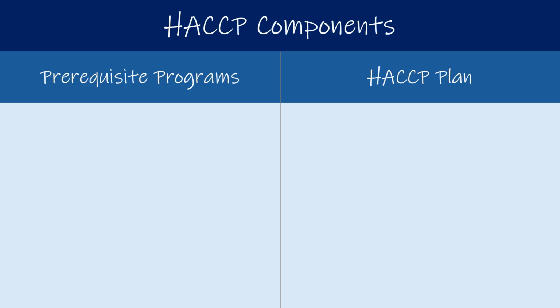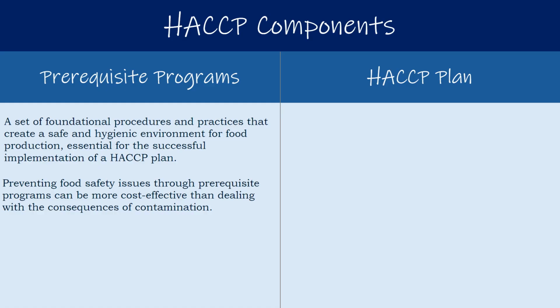A HACCP program essentially has two components: prerequisite programs and a HACCP plan. HACCP prerequisite programs are a set of foundational procedures and practices that create a safe and hygienic environment for food production, essential for the successful implementation of a HACCP plan. Employing prerequisite programs helps prevent food safety issues, which is a more cost-effective method than dealing with the consequences of